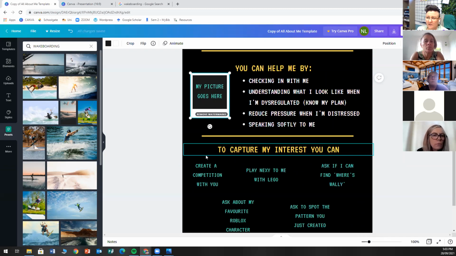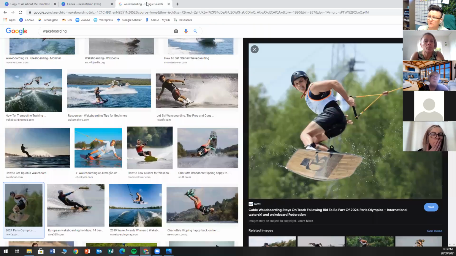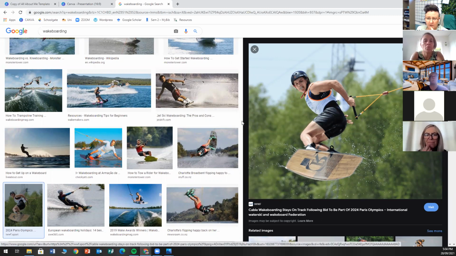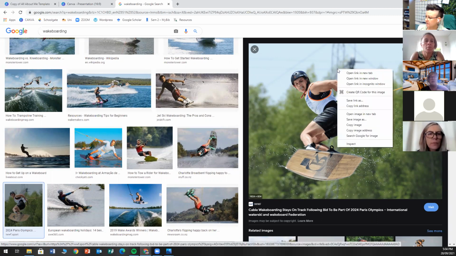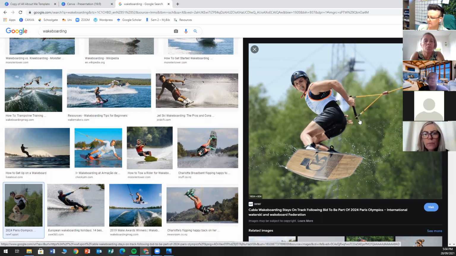You can either go to the internet search that you had just before and download a picture, or this is generally what you would do if you were putting in a kid's photo. It's not going to be freely found on the internet, I would hope. So you will have this based on your computer. Let's practice what that might look like. So if you download an image, save image as,